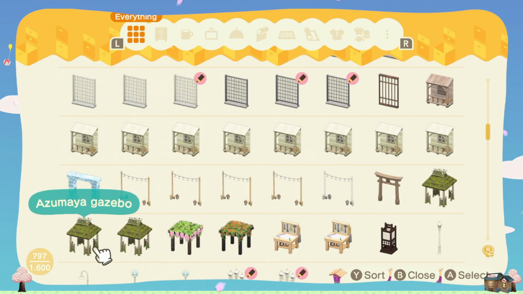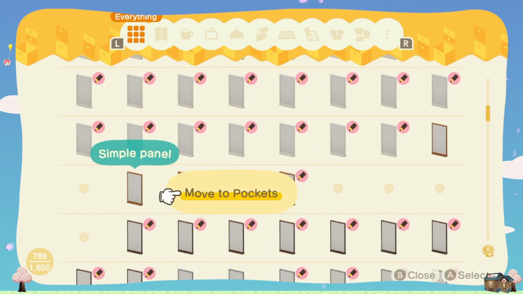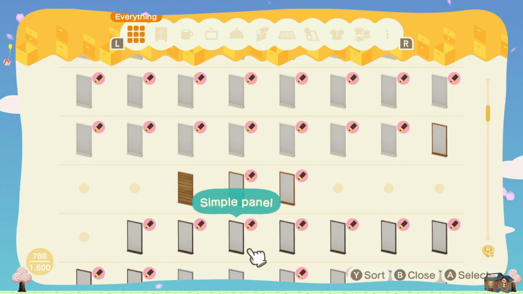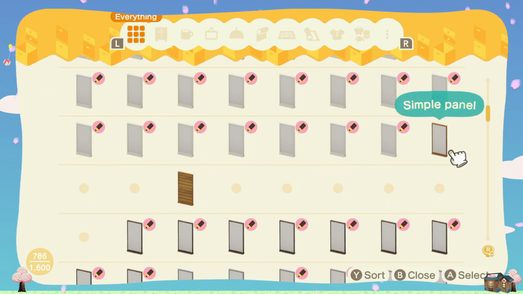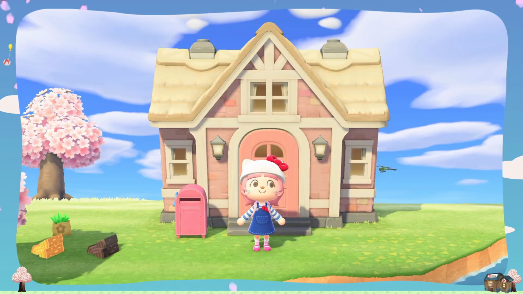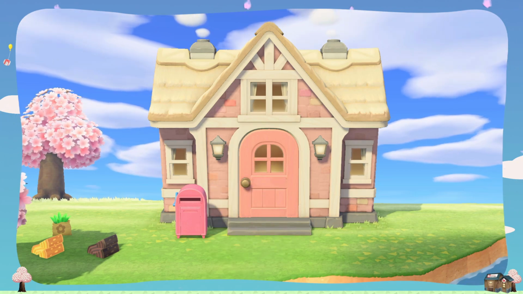Is that what they're called? Yes. Oh, I fear I'm gonna have to order quite a few things. And I can't decide which color of simple panel I want to use. Preferably the lighter one, just because I want the builds to be a little lighter than what I'm used to building. But we'll see. So we're back, it's the next day, and we're gonna head over to Harv's Island so